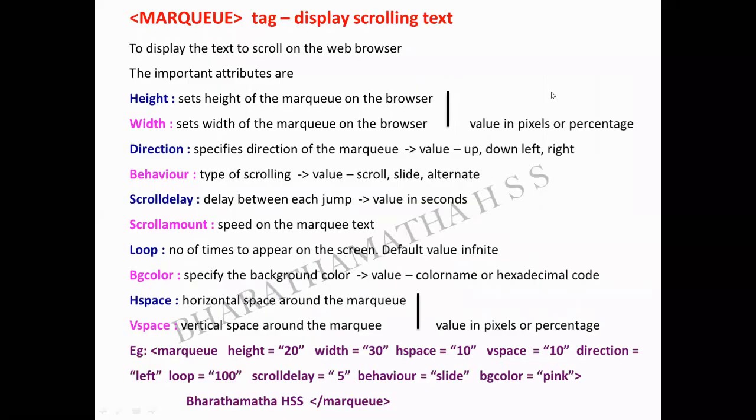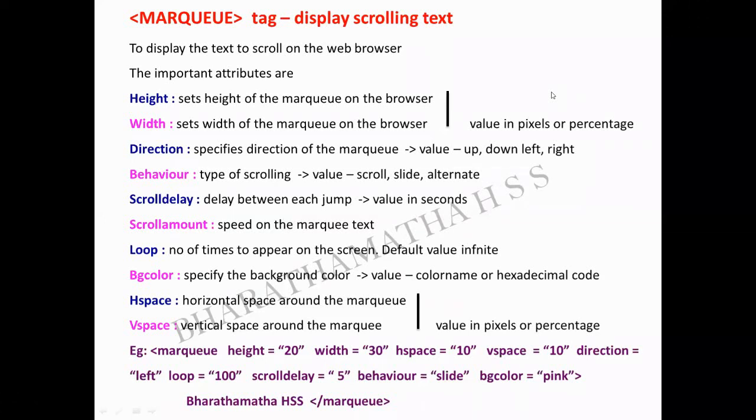So the next is your marquee tag. Marquee means, when you browse some important details on certain websites, you can see some text scrolling over there. That is, some text moving to the left or to the right as a scroll with movement. Yes or no? So some text could be scrolling over your web browser. Such a kind of text appearance is known as your marquee.